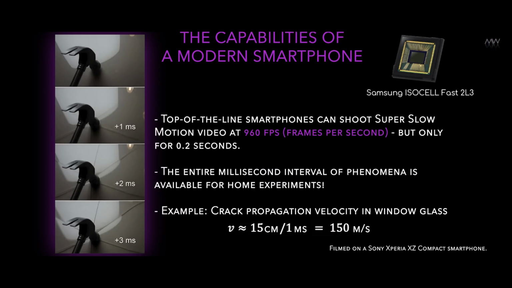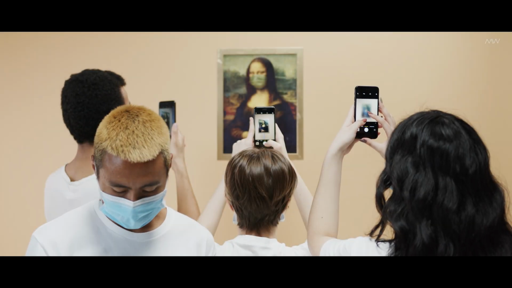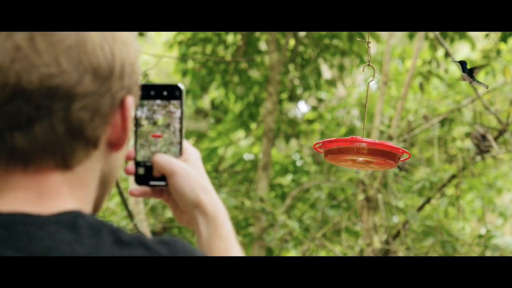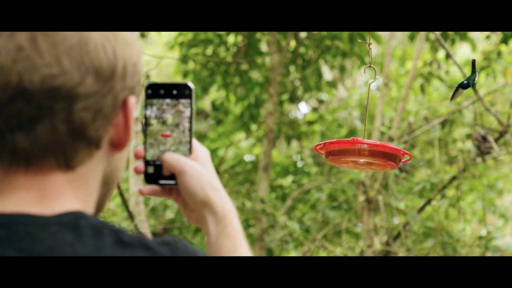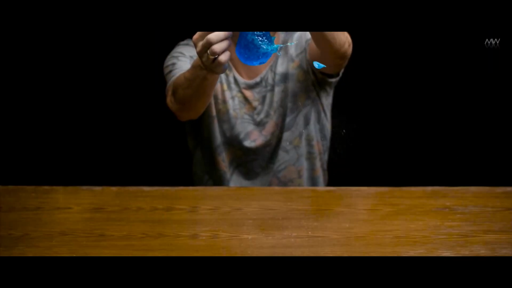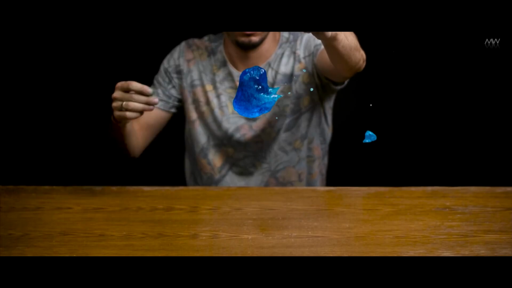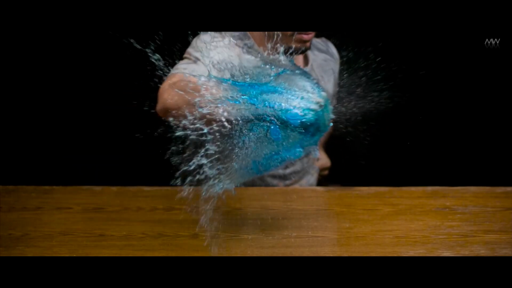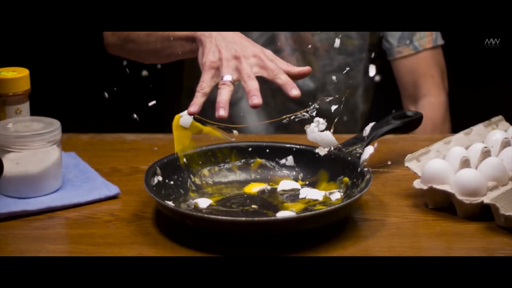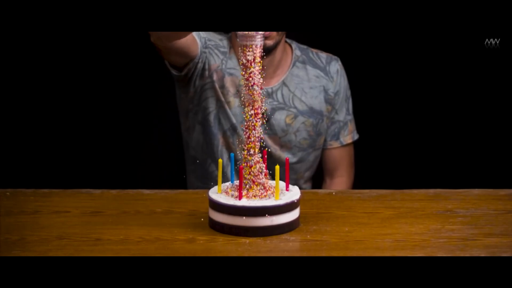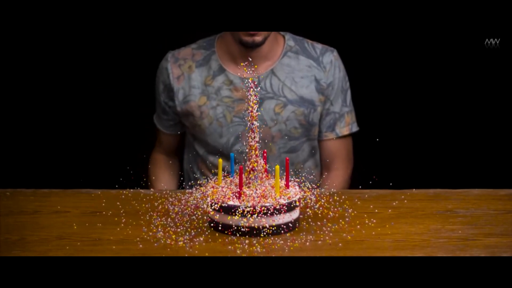There are smartphones that allow you to shoot at a high frequency. Modern smartphones usually give you 240 frames per second, but in general there are some models that give almost 1,000 frames per second. If you have such a smartphone at home, it's a great opportunity to see what is going on in the world around you. This in itself is cool, that with the help of simple devices, you can look into the place that people usually do not see, and you do not need super expensive tools for this.